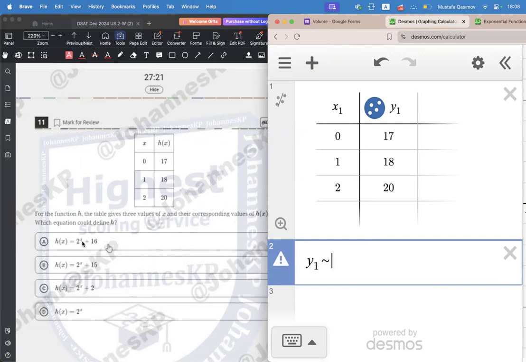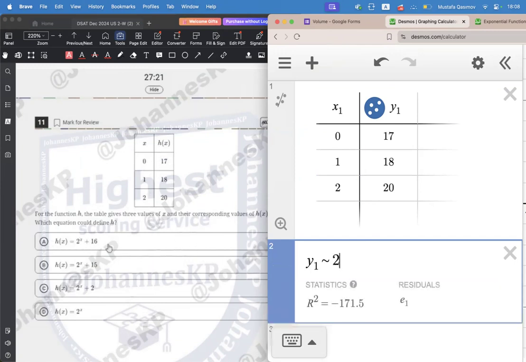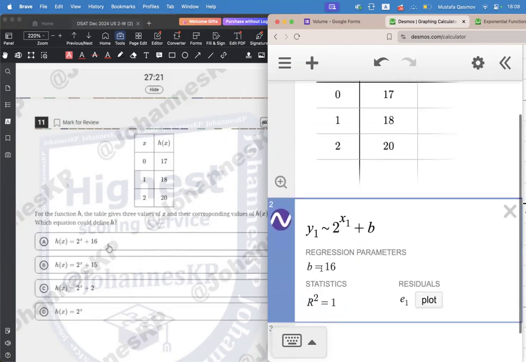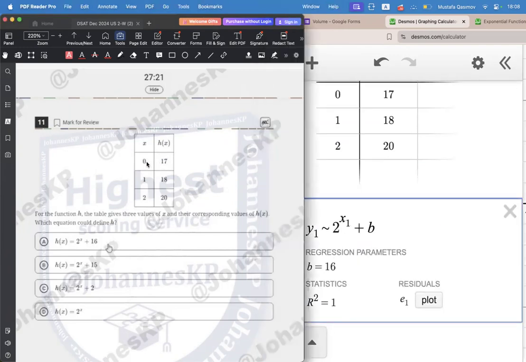Right. It's also correct. When you write 0, you will get 17 only from A, or you can write it like this if you want. Then you will get B is equal to 16. It's also correct. But it's better to put this 0 and 17 option. Answer will be